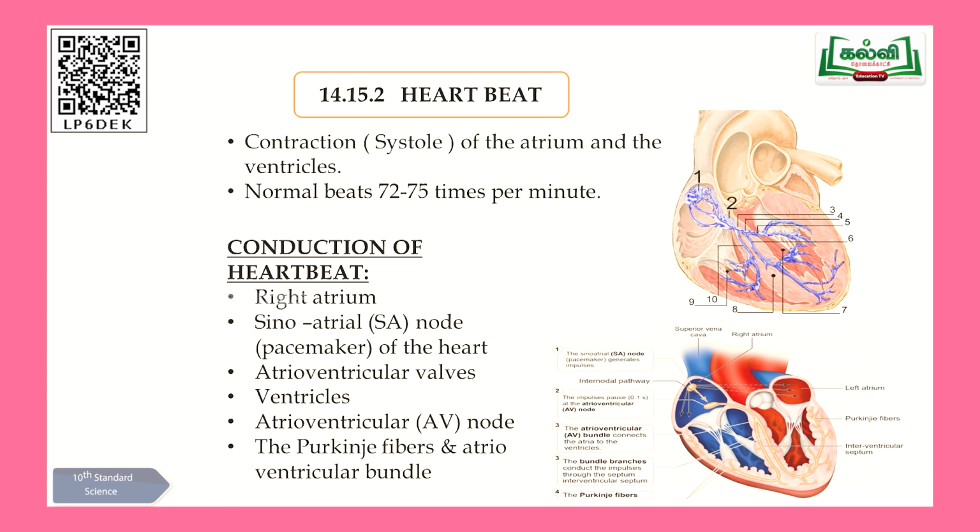Heartbeat, how does your heart beat? As I just now told you in the functions part, the right auricle, otherwise called atrium in your textbook, both are same, receives deoxygenated blood from all parts of the body. Last class I told you, the superior vena cava and inferior vena cava, two veins, collect the impure blood. Impure blood is nothing but deoxygenated blood. They collect it from all parts of the body, then they come and pour it into the right atrium.